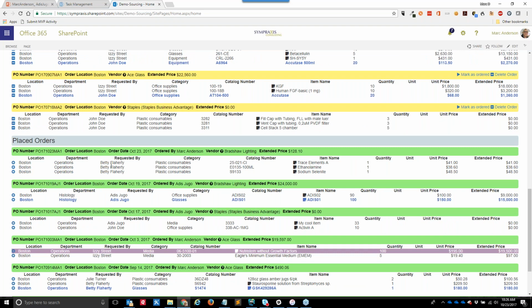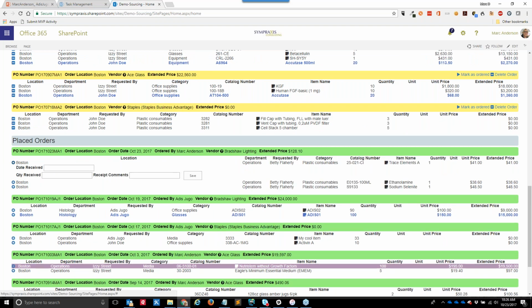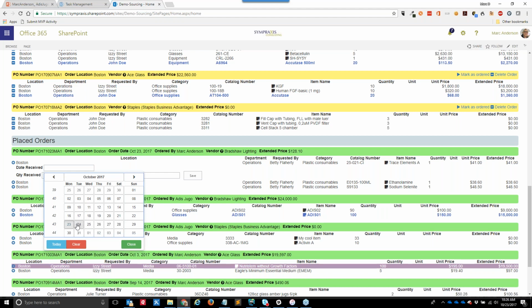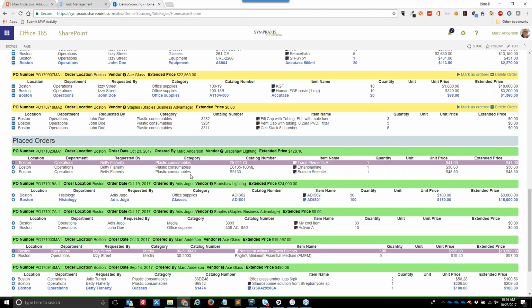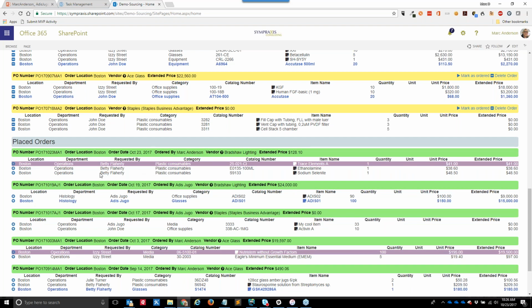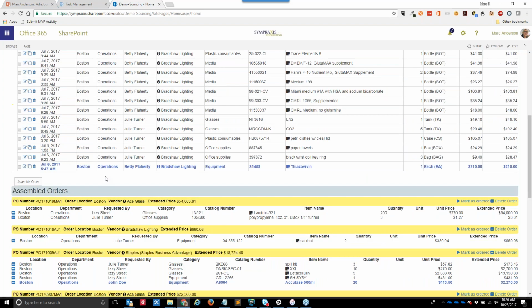So that's an order that we're now waiting to actually come back, and then time goes by. We get some product in the door. If we say we get this item on the 24th, we received 5 of them. I don't remember how many I ordered. We can add, put away in cabinet, whatever we need to do to tell the person who requested it, and we save that. So now that item becomes purple, because purple's our success color. That means that item has been received. So all in all, this works pretty well.